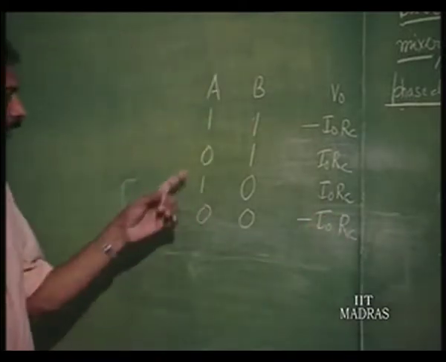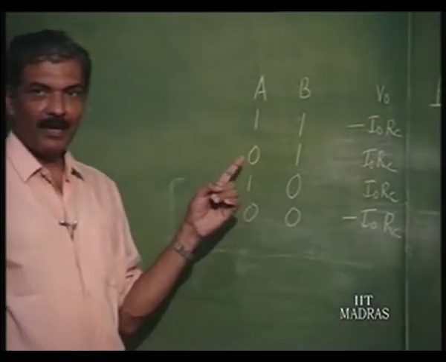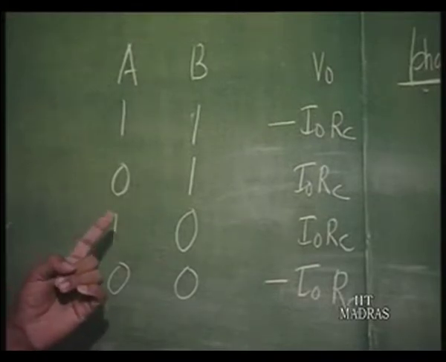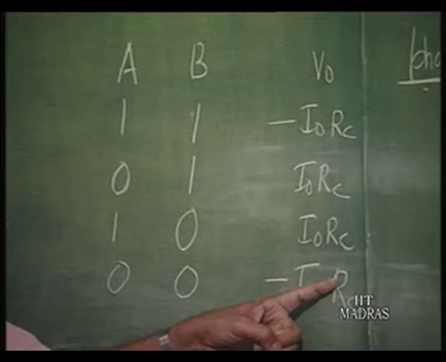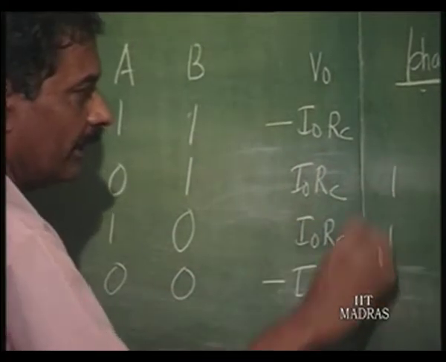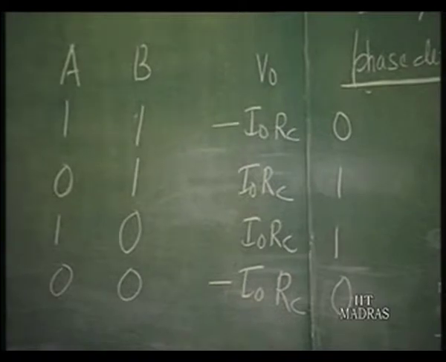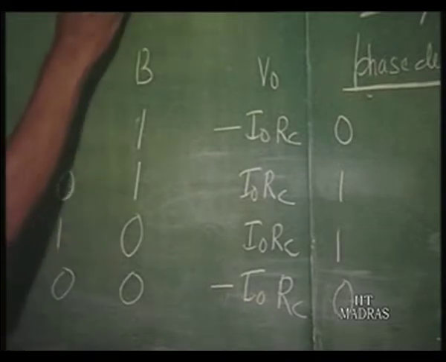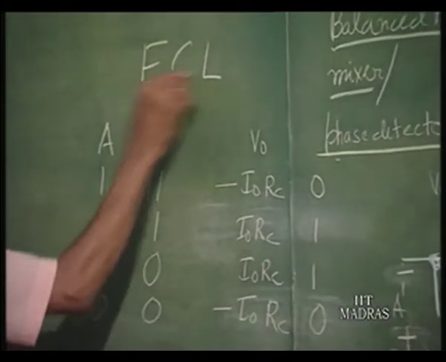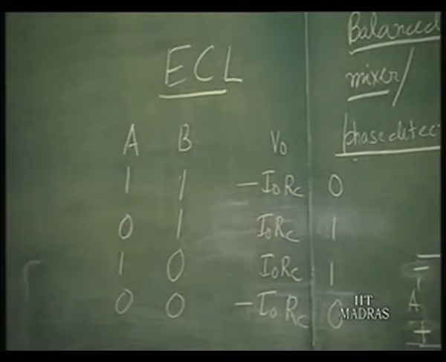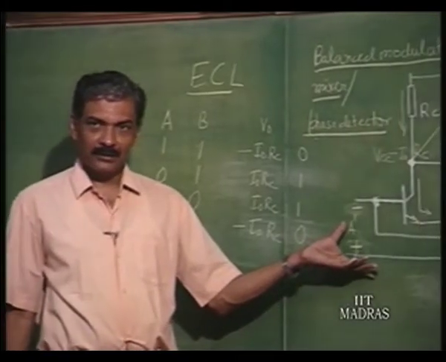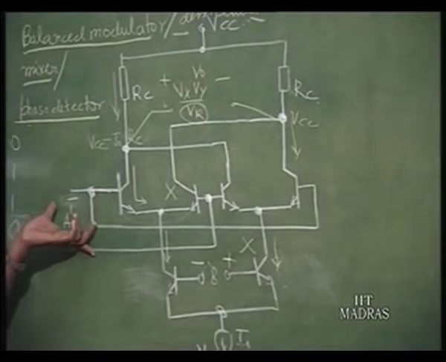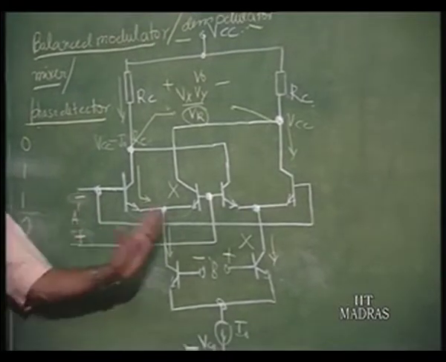So, you can see that only when you have A bar B or B bar A true, output is true, high. So, if you call this as 1 1 0 0, that is the XOR logic. So, you can see that this is nothing but an emitter coupled logic circuit, and therefore, this is a high speed circuit. Once again, if the signal level here is much greater than tens of millivolts, current switching occurs,